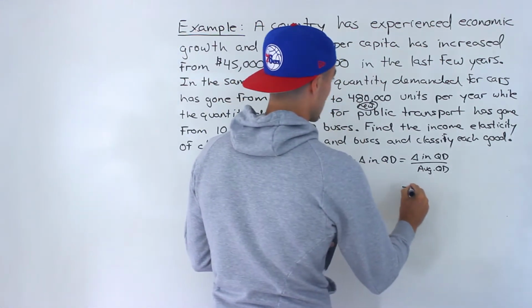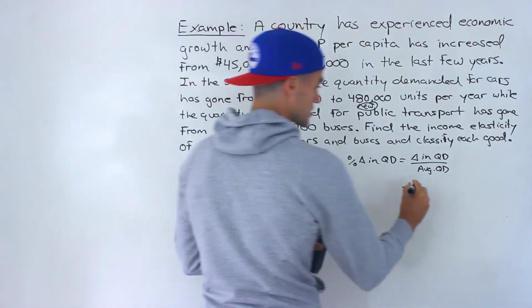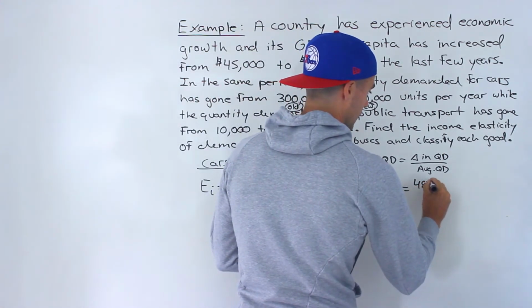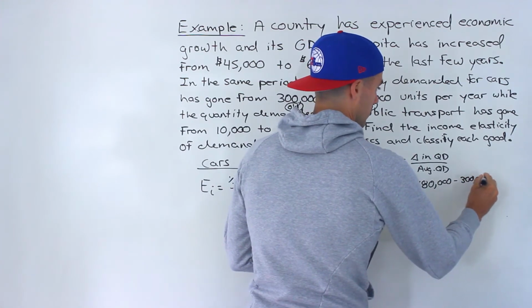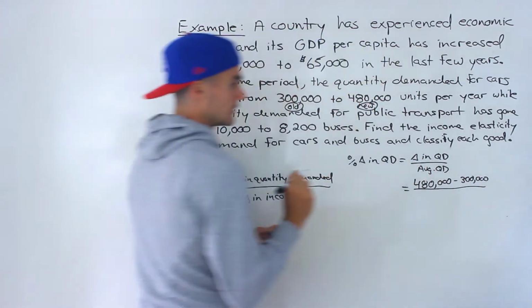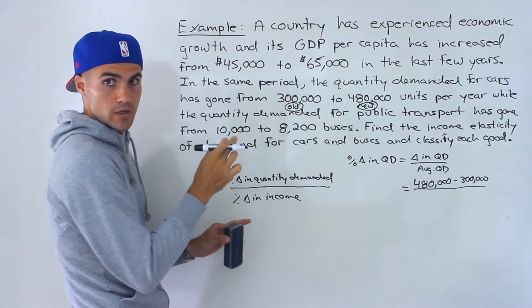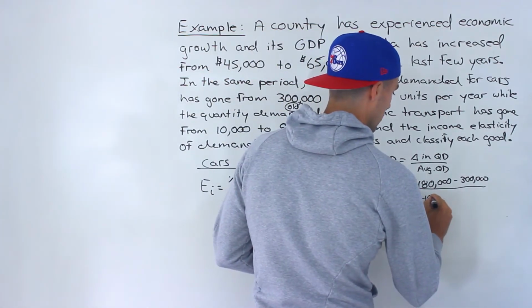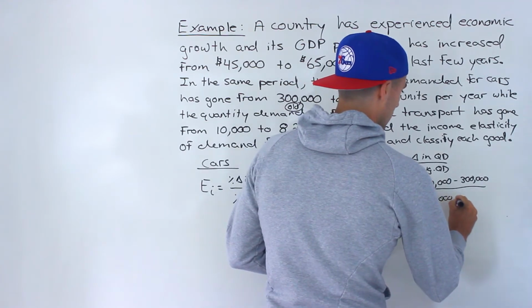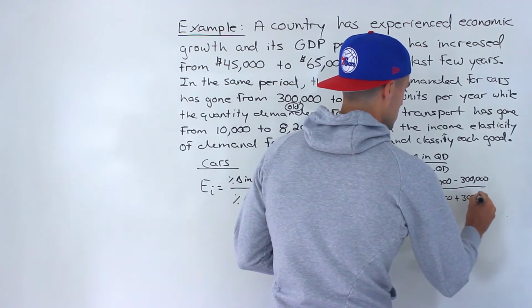So 480,000 minus 300,000. And then the average quantity demanded is going to be the midpoint between those two numbers. So it's basically those two numbers added together divided by